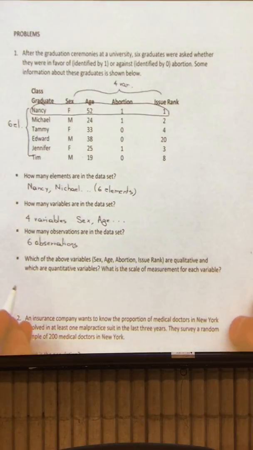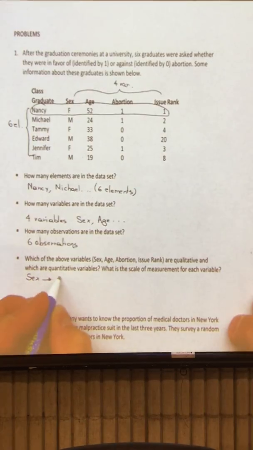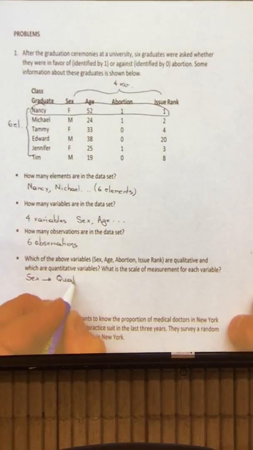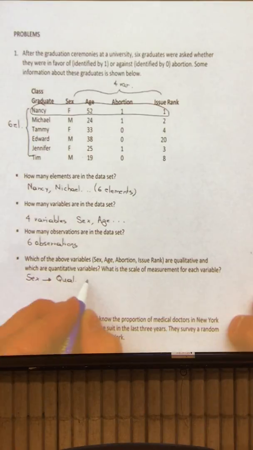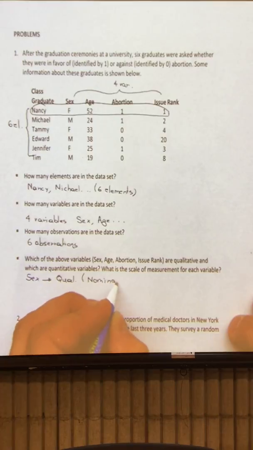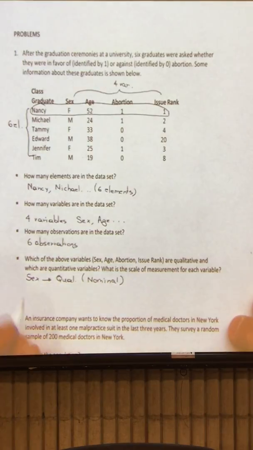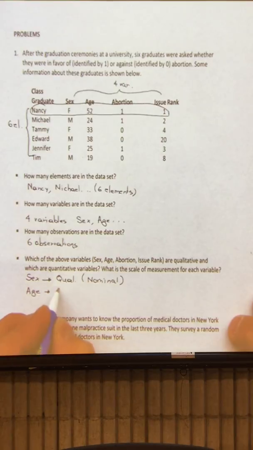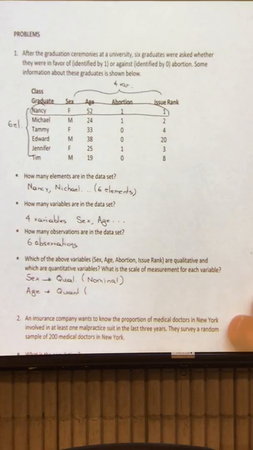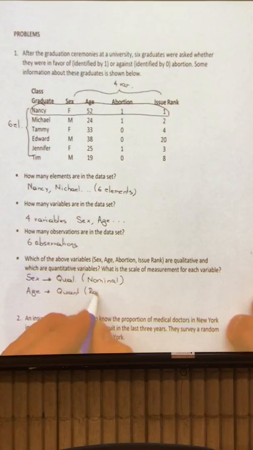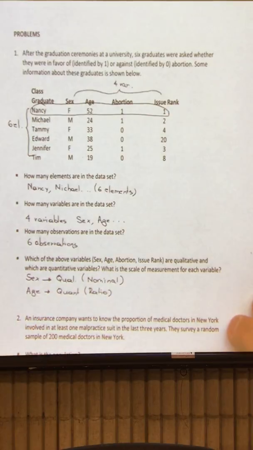Now, we have 4 variables. The first one will be qualitative, and it's going to be the nominal scale of measurement. Order is not important. Age, it will be quantitative, ratio, because you cannot have a negative number.